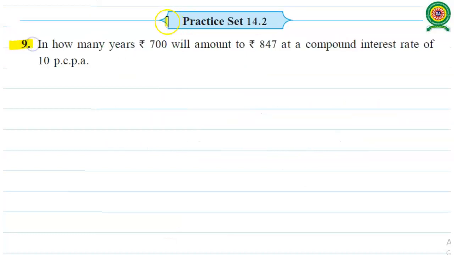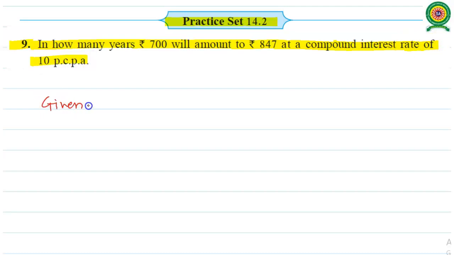Look at question number 9 from practice set 14.2. In how many years will rupees 700 amount to rupees 847 at a compound interest rate of 10% per annum? Now we have given that. We have to find in how many years, that means the duration, the value of N. Principal value given is 700 rupees. Amount at the end of the given duration is 847 rupees, and rate of interest is